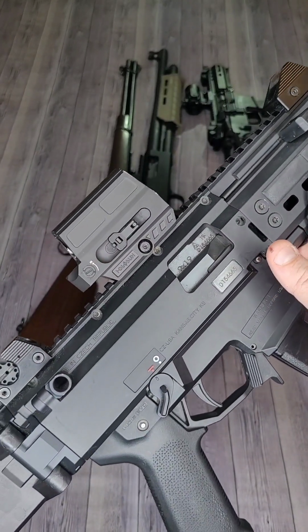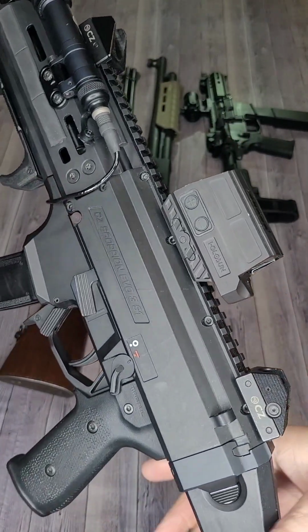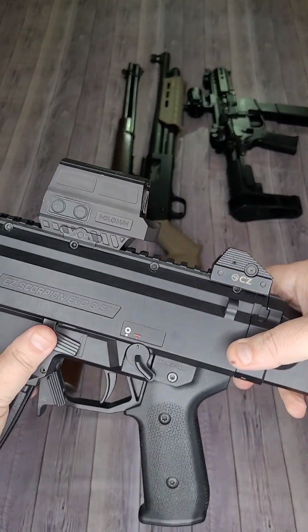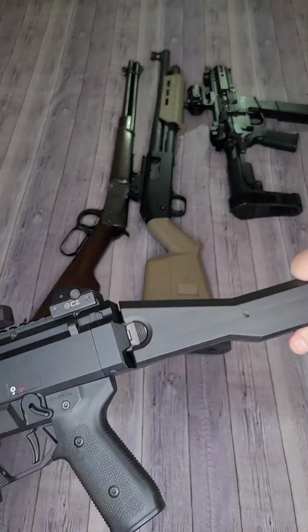That Hollow Sun again is a great dot because it's got that solar panel technology built in where if you don't have batteries or if your batteries die, as long as you have sunlight, you still have a dot because of that solar panel. This has a folding tail hook brace, which is really awesome